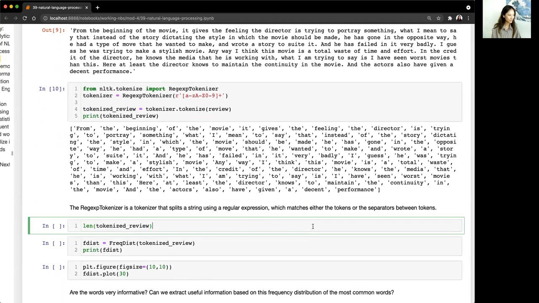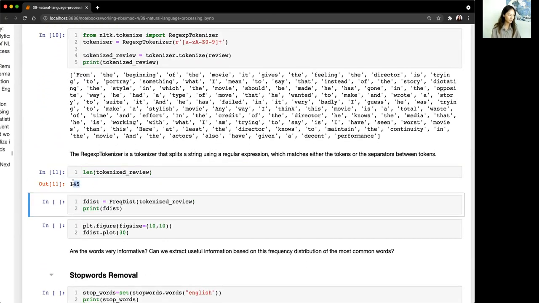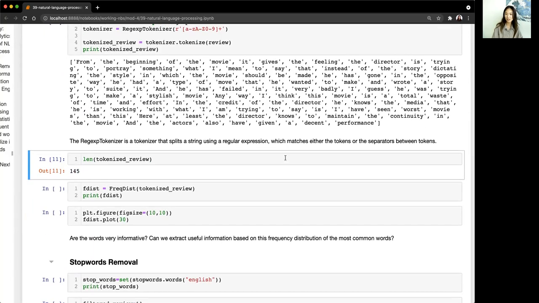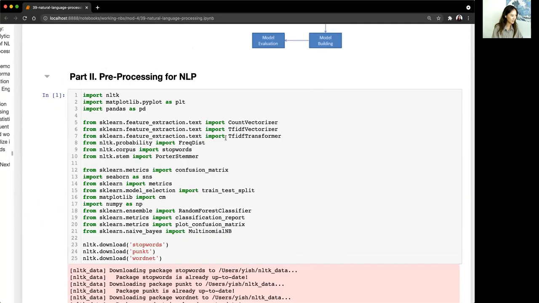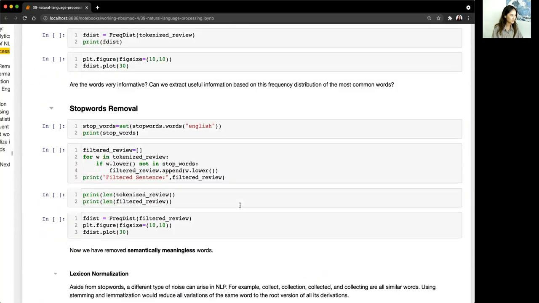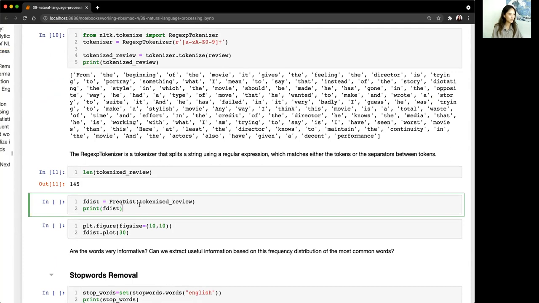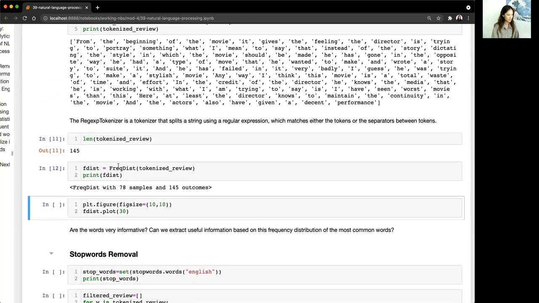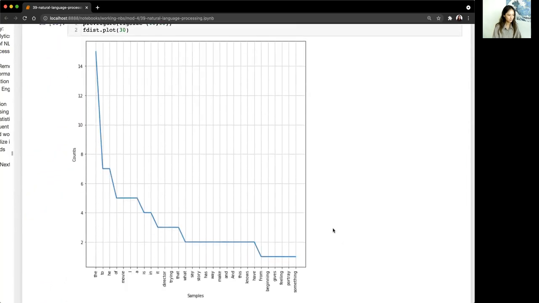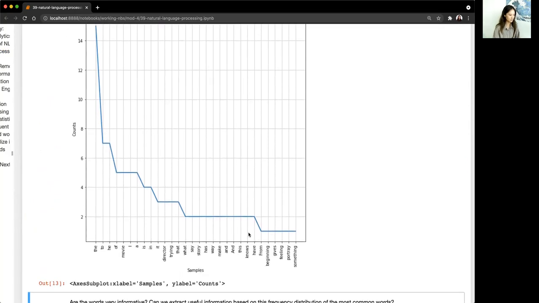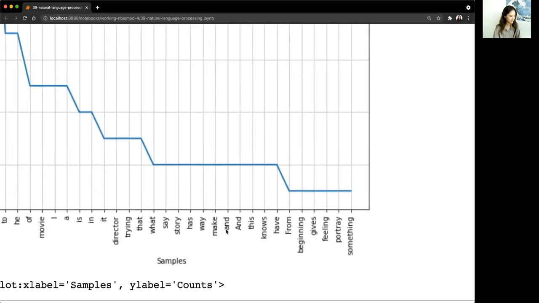Okay, so let's take a look at our review. This review has 145 words. And we can look at frequency distribution. This is kind of like doing a word count. I know we did an exercise back in phase 1, I think, where we did word count manually, but frequency distribution is something that exists. It comes out of NLTK probability over here. Just feeding our tokenized review into frequency distribution, you can see that the frequency distribution is not something that we can read directly. However, we can plot it out. So looking at this graph over here, and let me zoom in some more, let's take a look at what these words are.